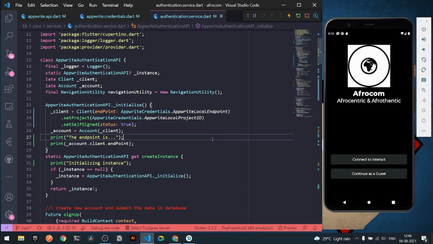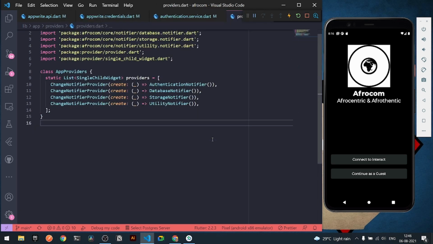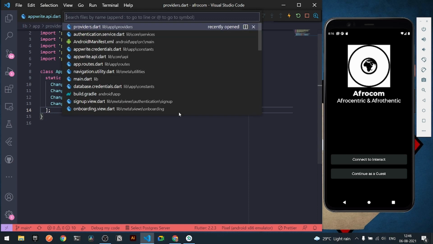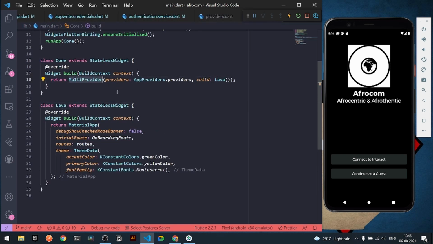Second thing is about state management. For the state management, I have been using provider. If I go under my main providers, I got a couple of providers which manages the state of my entire application. All of them are independent providers because we don't have any nested feature up till now. Now I have got the following class of app providers which are connected and hosted under my entire application for authentication, database, storage, and some utilities. Now if I go under my main.dart file, I have got the following setup of my entire multi-provider with my state management of providers itself.